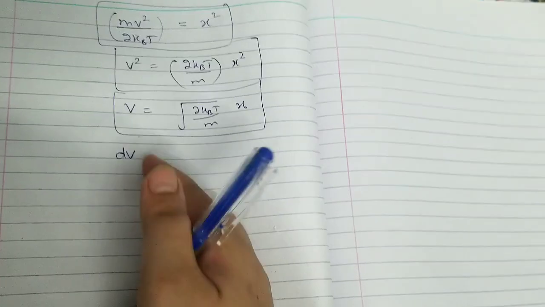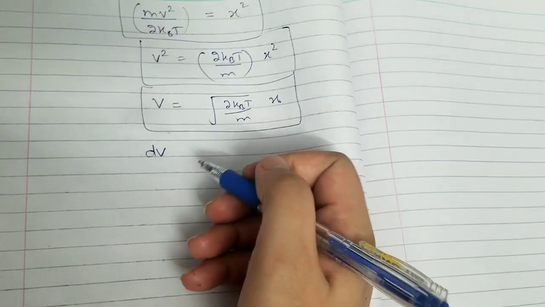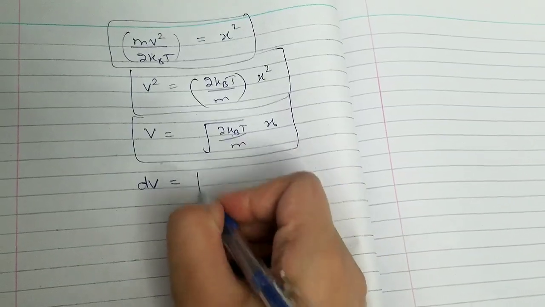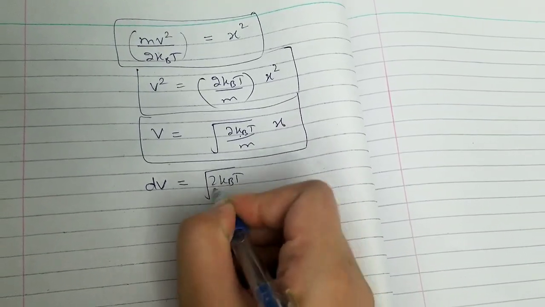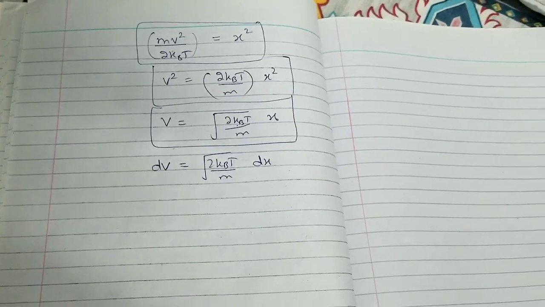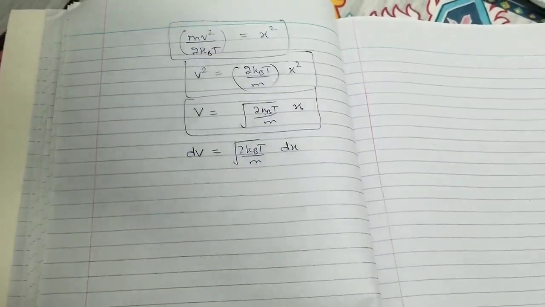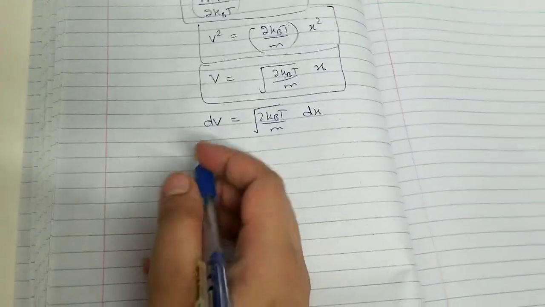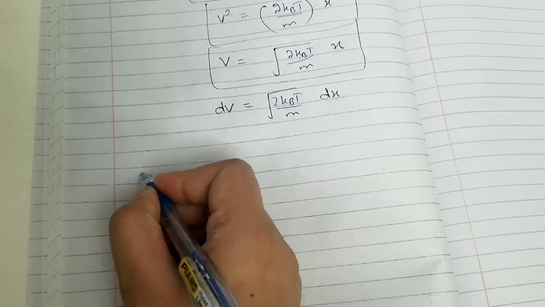In place of dv, what we are going to write, for that purpose we'll take differential of both sides. So this is constant, it will remain the same, and it's simply that. Limits of integration remain the same because they are directly related to each other and there is no difference at all. So the integral becomes v bar